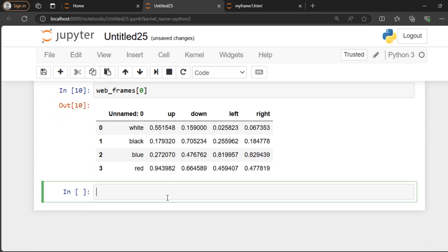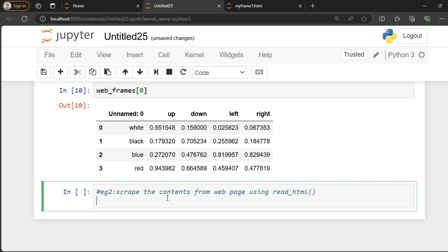Let's take another example where we'll try to scrape the contents from a web page using this read_html function. See, this is a very simple function. It can be easily used to scrape the contents from a web page. So before we use this read_html function, let's first decide which URL we are going to scrape. So I have a URL here